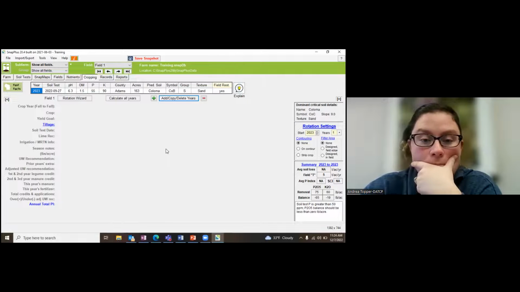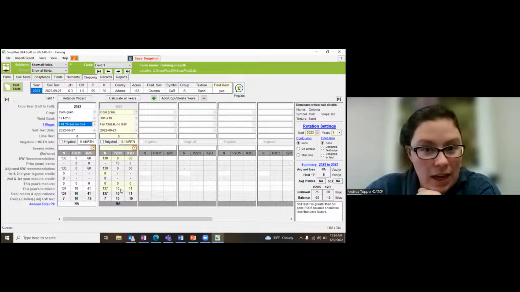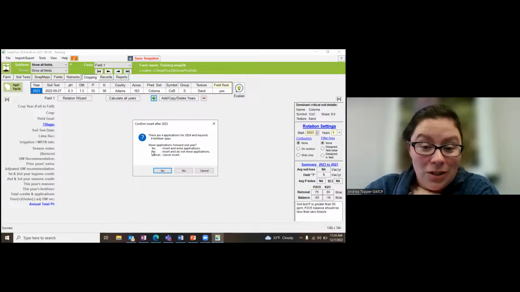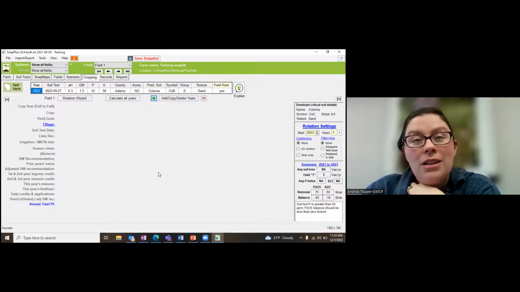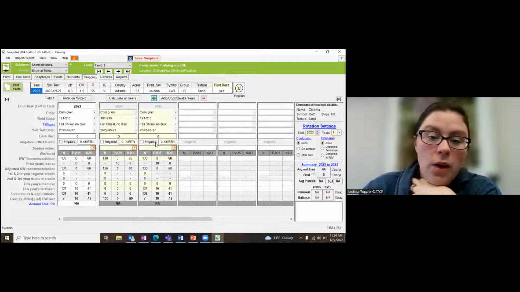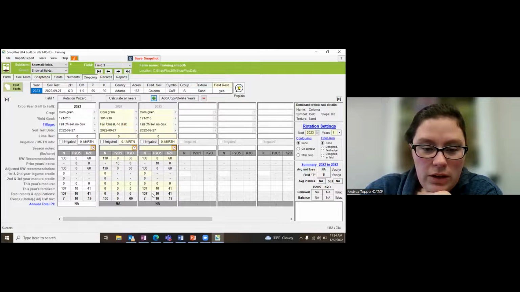What did this do? This copied all of the information from 2023 and added it directly to 2024. So it saved me a little bit of time, which is super nice. As you go through and start to learn, when there's a lot of fields, it can take you a long time to work through these plans and update them or build them in general. So I went through and I clicked add year. To be honest, I'm not quite sure why that inserted a year here. It should have inserted the year